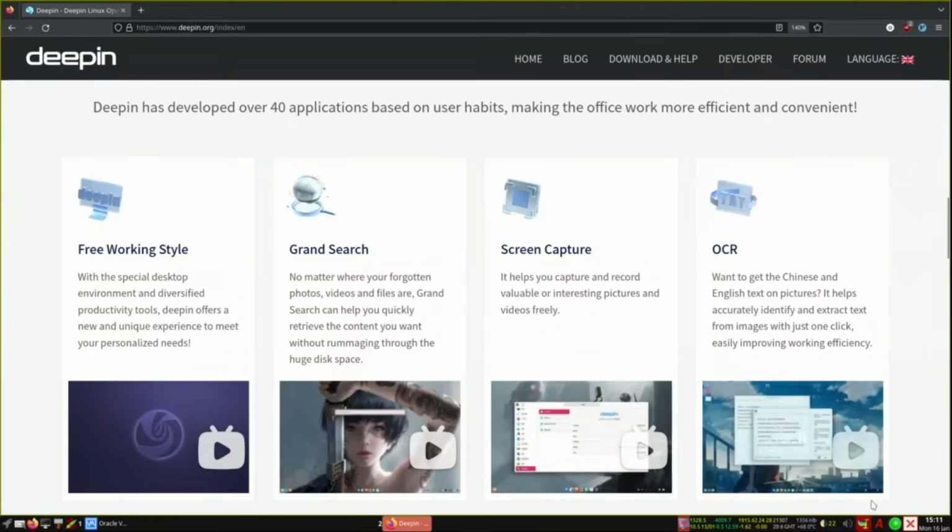The thing that also got a very positive review from me is that they included OCR. Of course, there are OCR programs in Linux, but they have their own, and they also use it if you have some images in Chinese, they can transcribe it, or also in English, some images you can get into text.